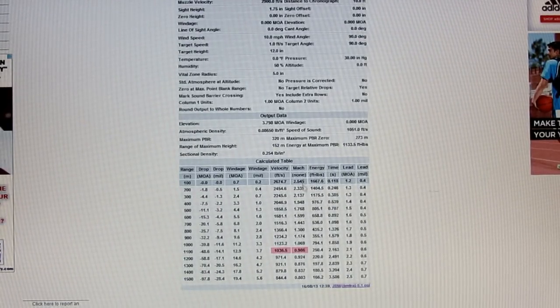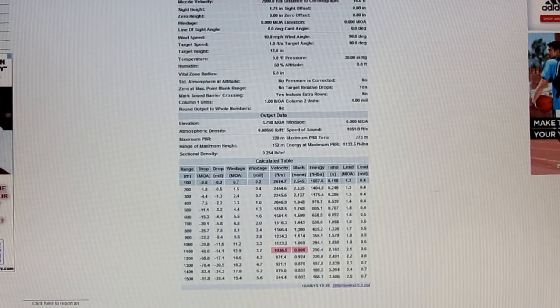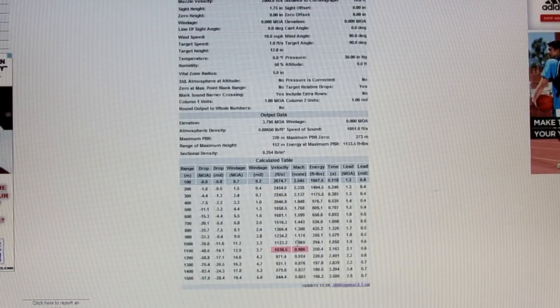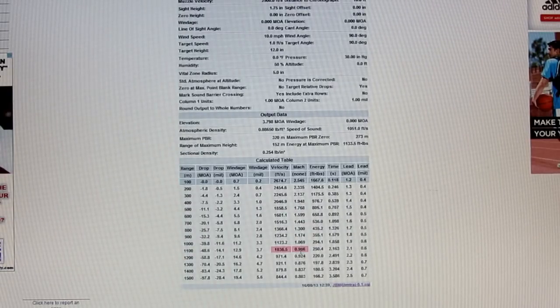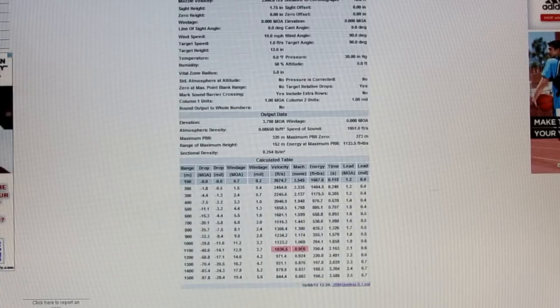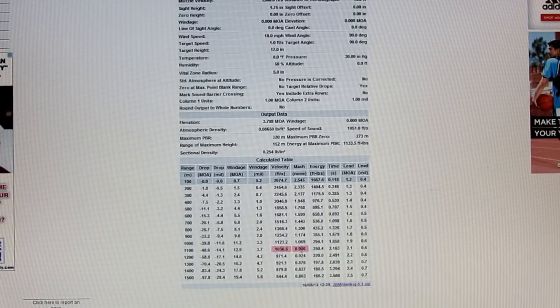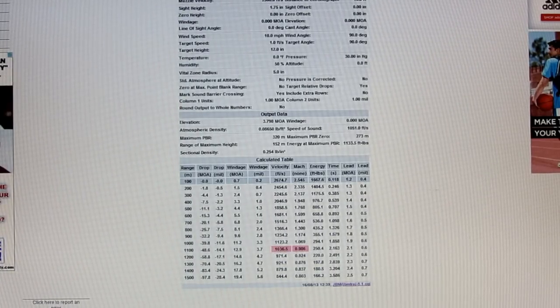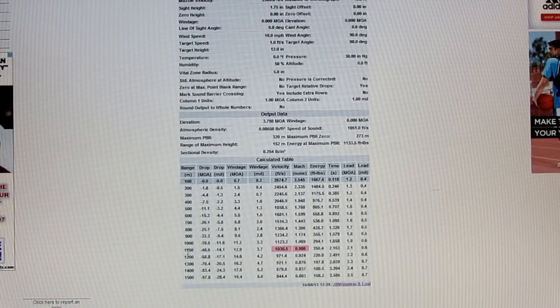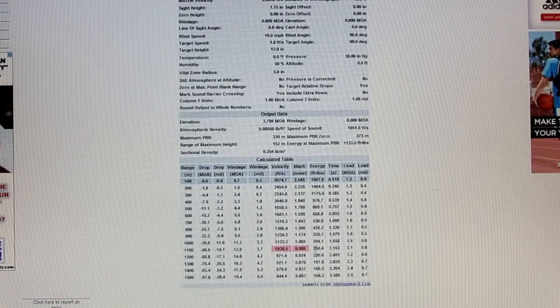Now the Mach here is the speed of sound. Mach 1 is the speed of sound. Mach 2 is twice the speed of sound. Okay. So once you break from the ones to below 1, like a 0.9, that's your sonic barrier right here. So this is highlighted because we checked that box. So that's our max range at that temperature, 1100 meters at 0 degrees with these loads. Okay, and then we have our energy, our time of flight, which we're going to need for other things,